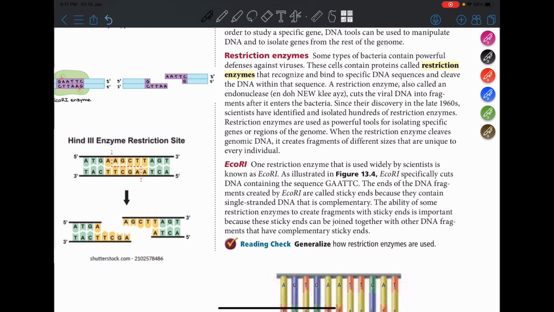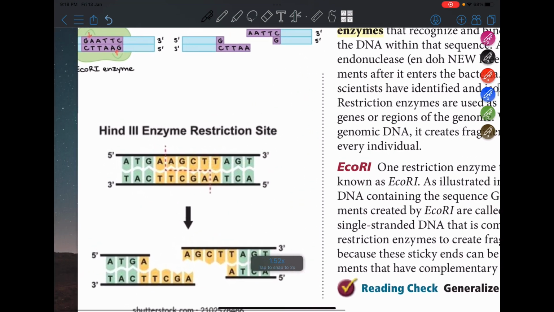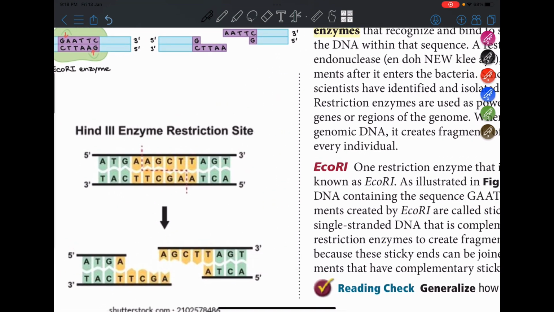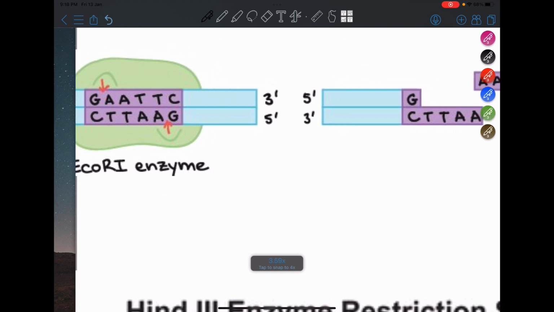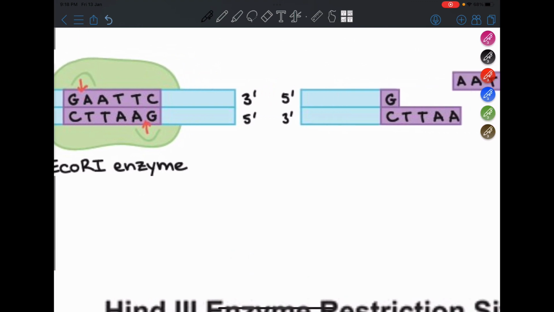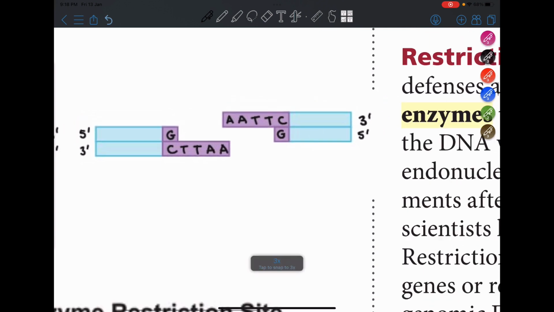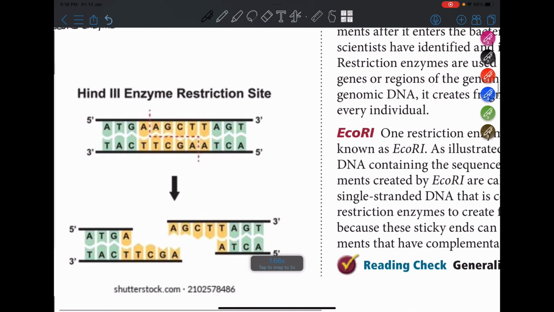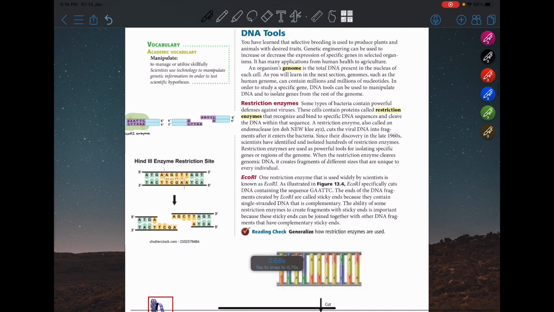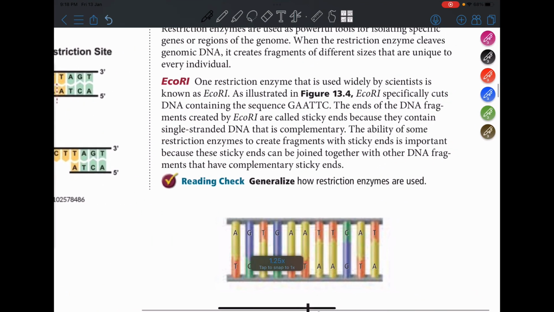Now, when the restriction enzyme cleaves the DNA, it creates fragments of different sizes that are unique to every individual. And again, cleaves basically means it splits. It looks something like these pictures right here. You've got the DNA just normally double helixed, and then we split it. This is another way of looking at it. All right, let's look at